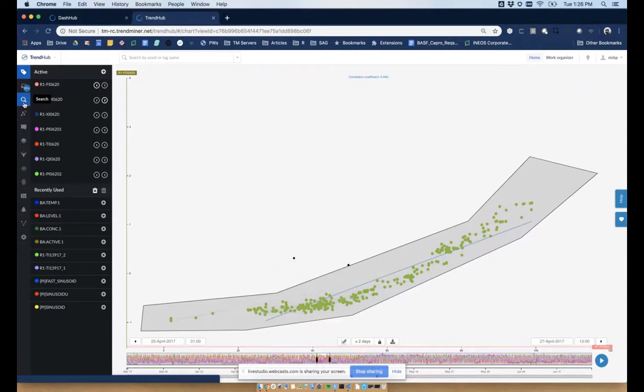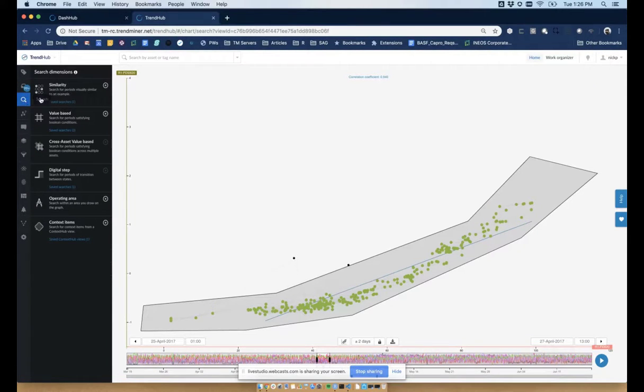And what this is going to allow me to do is it's going to allow me to perform a search. So when we talk about searches in TrendMiner, we're talking about searches that help us find events in different time periods. For example, if I want to find an event where I'm operating outside of this operating regime for an extended period of time, in TrendMiner, we refer to that as a search, as an event search. And you can see in TrendMiner, we've got 6 core searches. The one that I'm going to use today is the operating area search, but we also have pattern recognition searches and value-based searches, which allow you to define logical criteria that could help you find different events based on standard Boolean conditions.